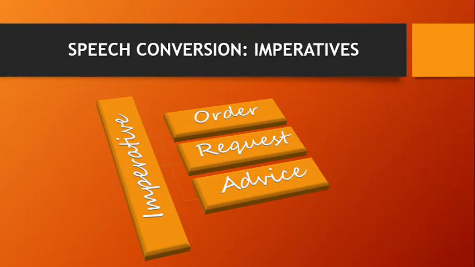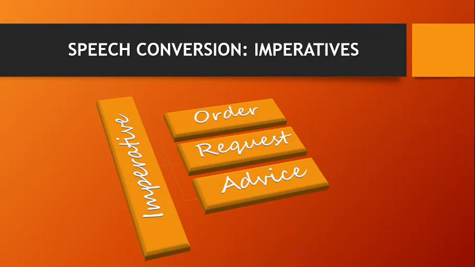It is up to you whether to follow or not. But order, I expect you to follow. Request, I want you to do that. I need you to do that. But it is up to you whether you would do that or not. And advice, it is up to you completely. I have no expectations. Yes, I am saying all that for your benefit, but anyway, I have no expectations. You can do it, you may not do it. It is totally up to you. And these kinds of things are expressed with imperative sentences.